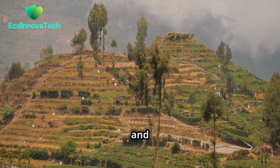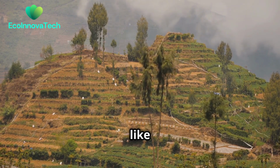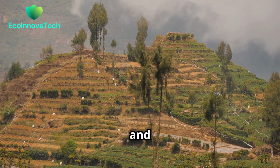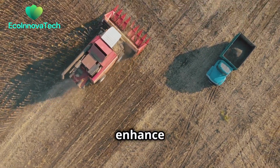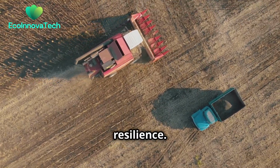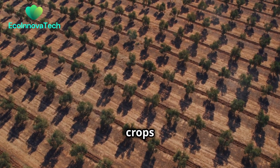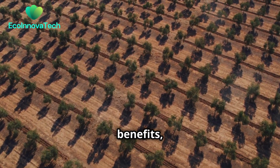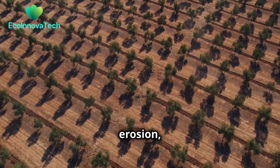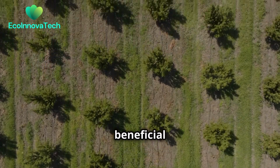Agroforestry integrates trees and shrubs into agricultural landscapes, utilizing diverse systems like alley cropping, forest farming, and silvopasture. These methods not only improve soil health, but also enhance biodiversity and resilience. In alley cropping, rows of trees are strategically planted with crops growing in the alleys between them. This system provides multiple benefits, such as reducing soil erosion, improving water retention, and offering habitat for beneficial insects and